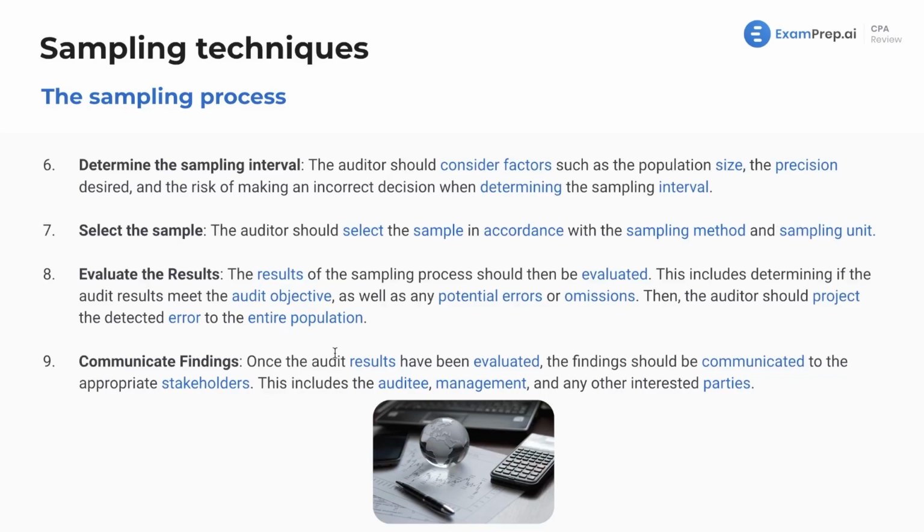And then next, before you communicate your findings of the sample, you want to evaluate them. First, did you make a mistake in the sampling process? None of us are perfect, unfortunately, so maybe you made an error. If you did, rerun the sample. You also want to assess, okay, before you just go communicate the findings, are there potential errors, omissions? Is the sample showing something really bad? Because then maybe you want to go and do another test to make sure, to verify what you found